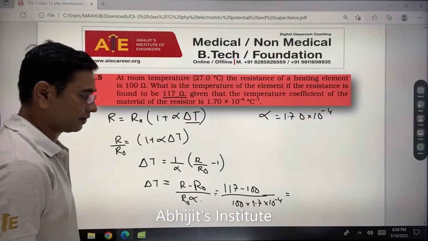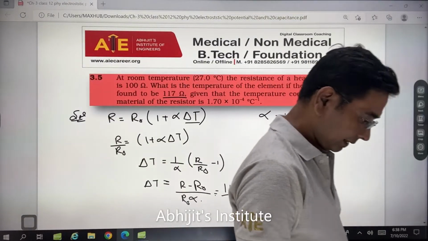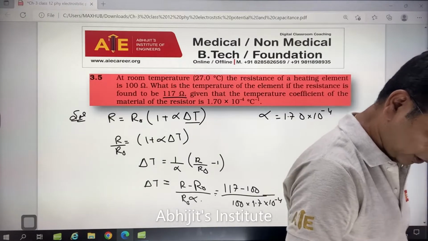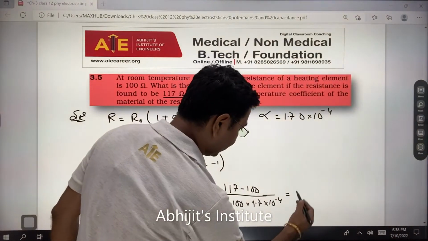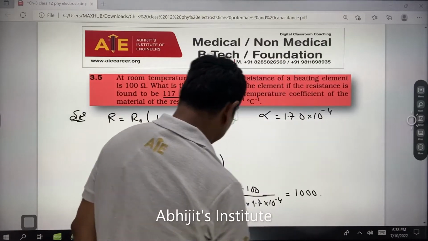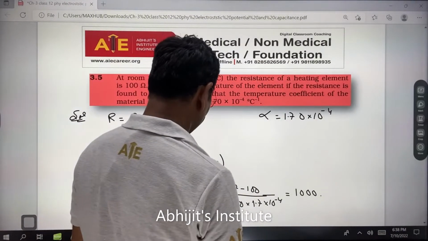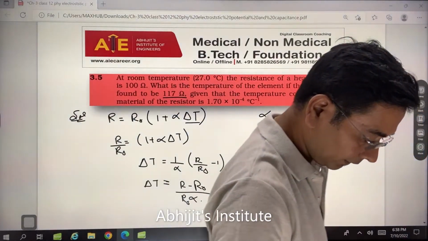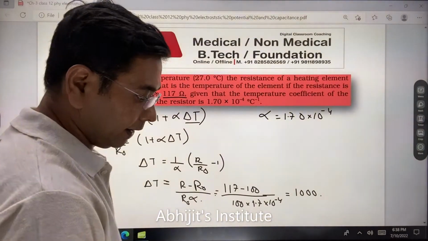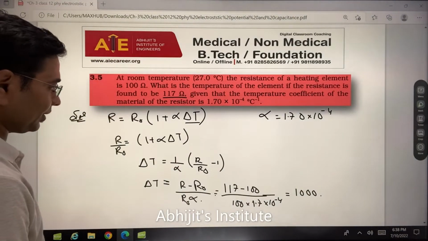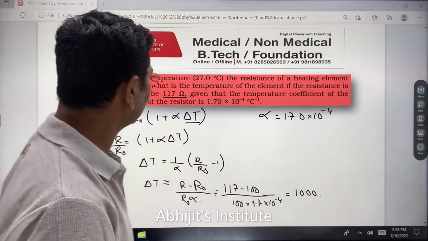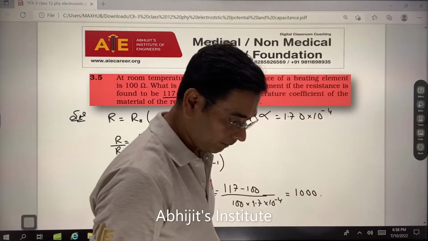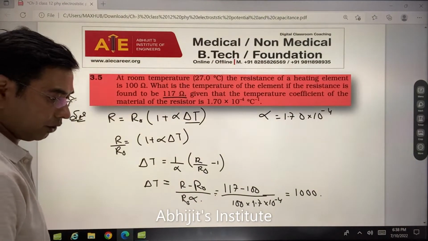And if you solve this, मैंने solve किया इसका, and if I solve this, I will get 1000. Change in temperature, right? 1000 degrees बोल सकते हो. Okay, so 1000 I am going to get. That is change in temperature. Okay, और change in temperature ये आ गया, लेकिन मेरे पास पहले कितना था? What was the earlier temperature? उससे हम जोड़ देंगे इस चीज को,